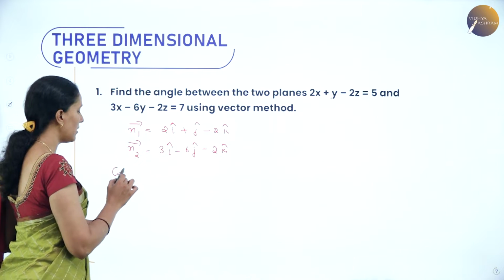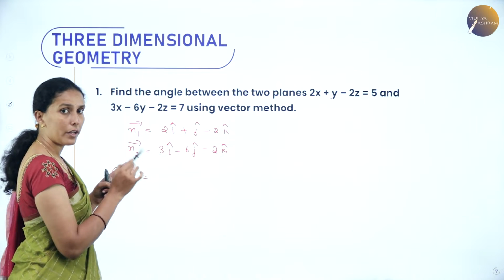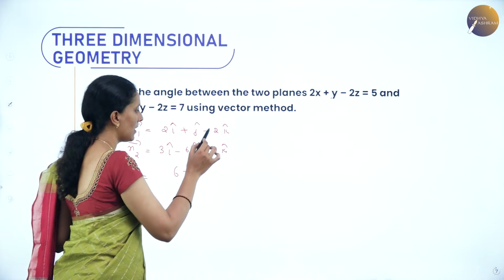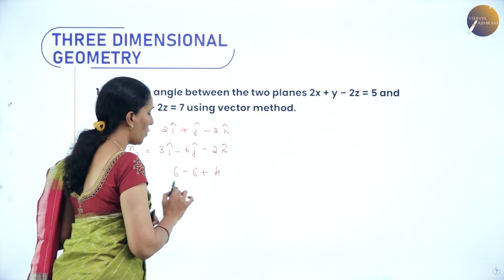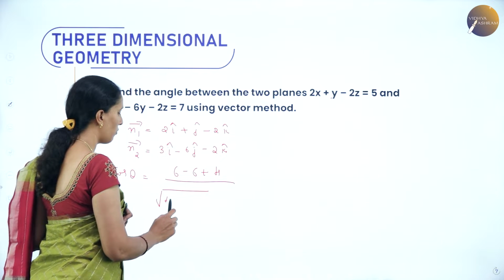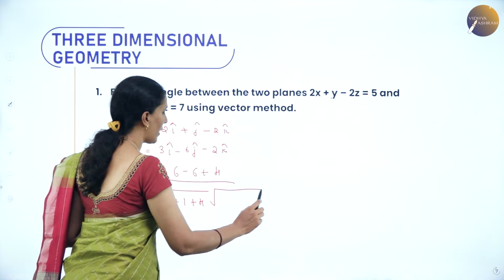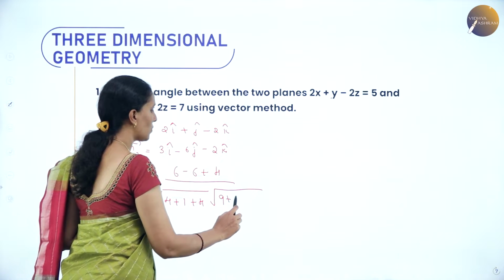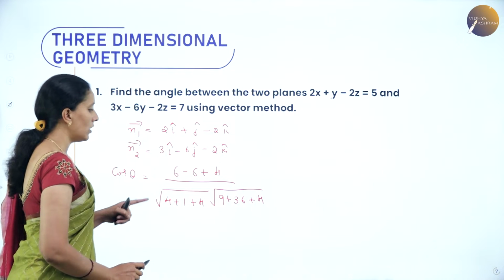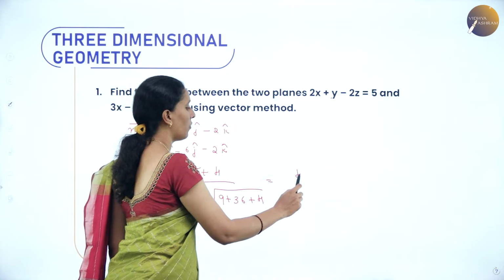Now we have cos theta is equal to n1 dot n2, that is, multiply their corresponding coefficients. 2 into 3, 6. 1 into minus 6, minus 6. Minus 2 into minus 2, plus 4. Whole divided by magnitude of vector n1, that means square root of 2 square 4, 1 square 1, minus 2 whole square 4. Again magnitude of vector n2, 3 square 9, 6 square 36, minus 2 square 4. So here 6 and minus 6 cancel, we get 4 divided by